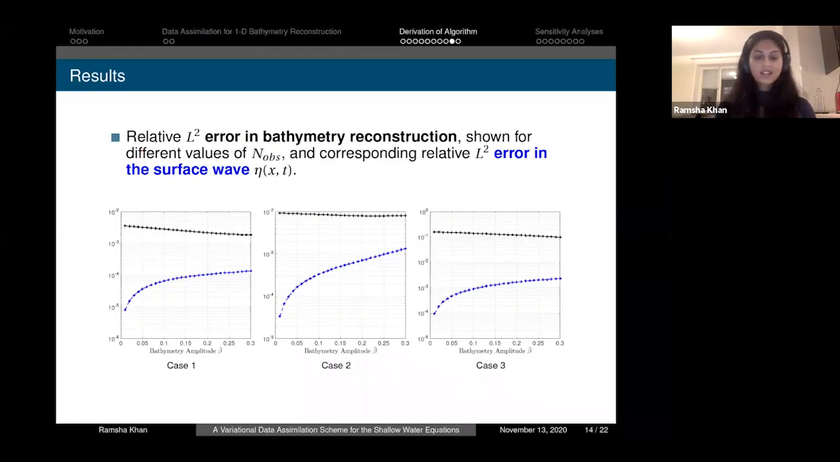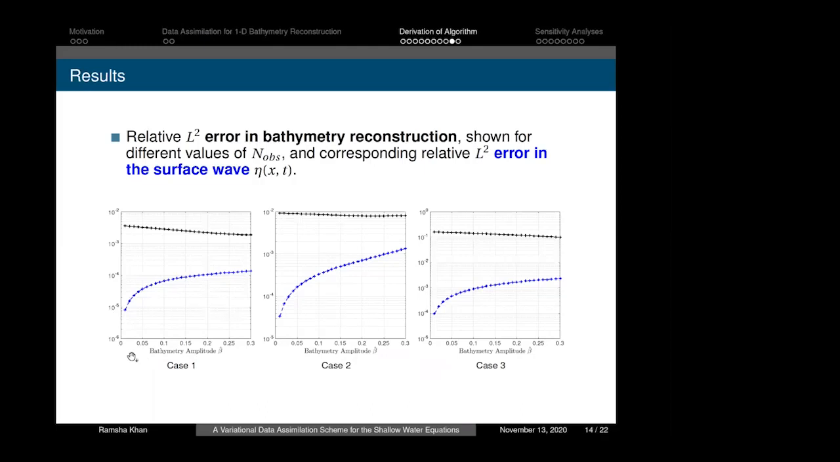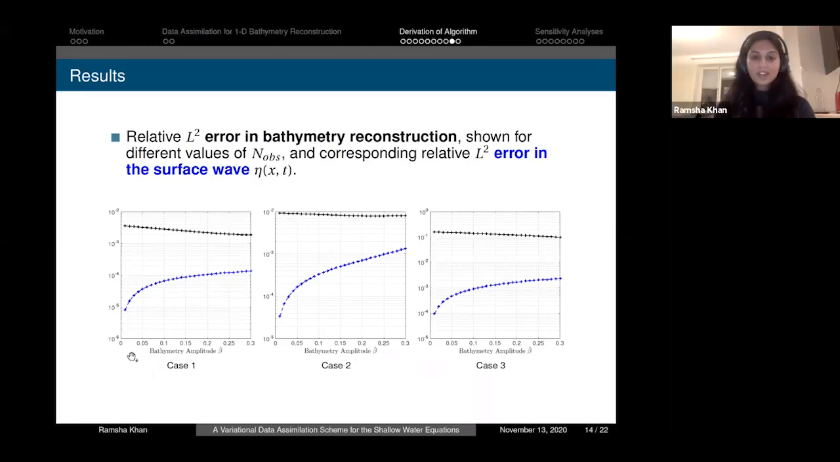And then finally, here is a plot which illustrates the difference in the error in the bathymetry, which is the black line, and the resulting error in the surface wave given this bathymetry. So the blue line represents the L2 error in the surface wave given the exact bathymetry minus the surface wave given our reconstructed bathymetry. And in each case, we can see that the error in the surface wave is actually often a couple of magnitudes lower than the error in the bathymetry,